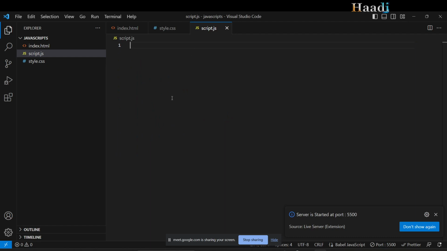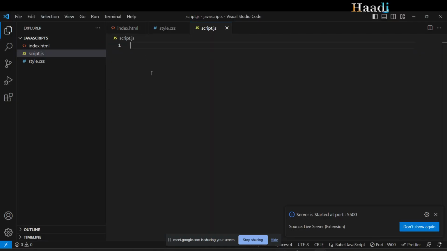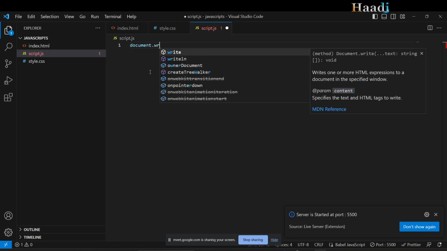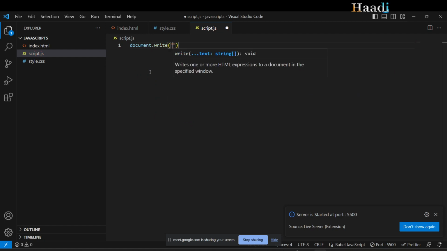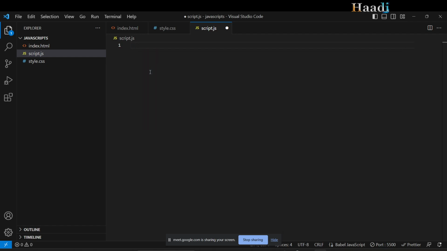I've just removed everything from the document. You guys can keep it if you want. I'll write something on the document, let's say window document dot write. Now first of all, I'll write a variable called let game equals to